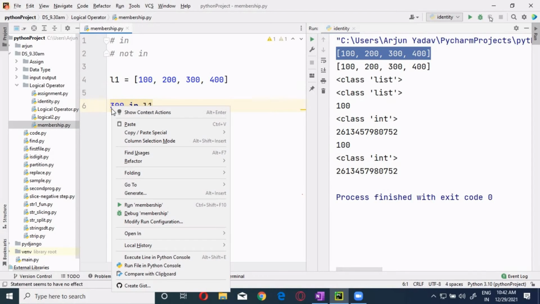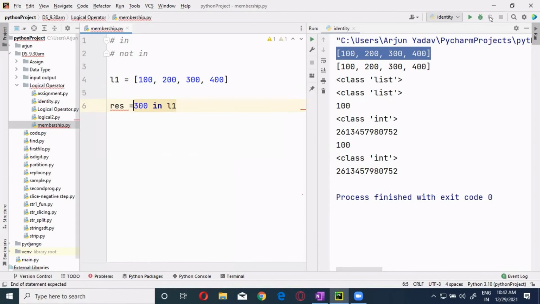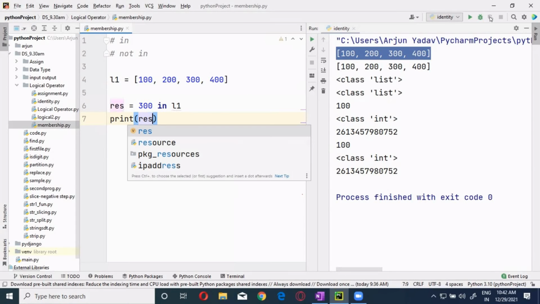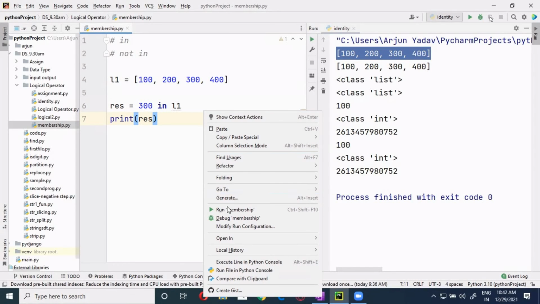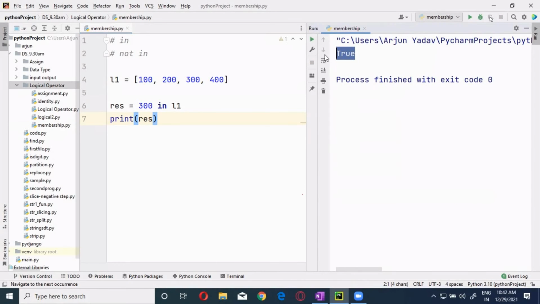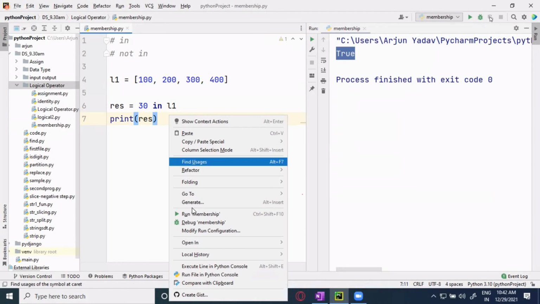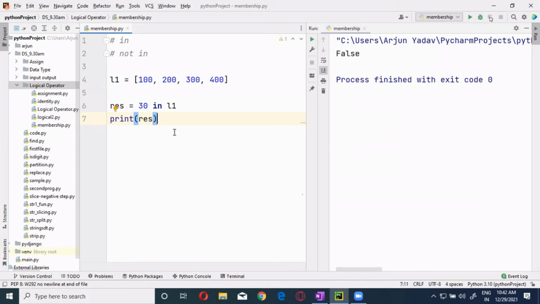I will store it as result. True. Okay. Now, if I am doing 30, is there? No, it's not there.